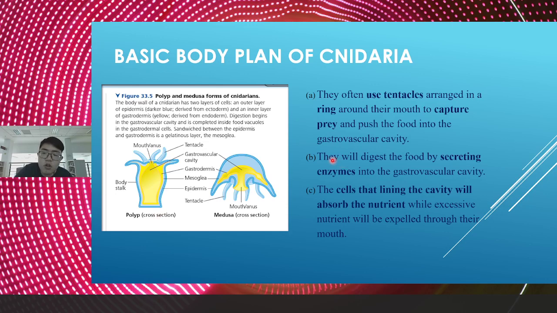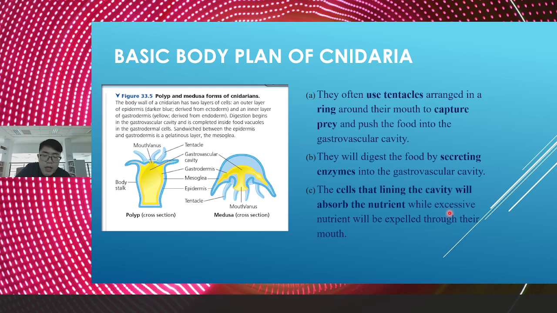Okay. And also they will digest the food by secreting enzyme into the gastrovascular cavity. Okay, so mereka akan secret enzyme also into the gastrovascular cavity so that it increases the rate of digestion. Okay. The cells lining the cavity will absorb the nutrient while excessive nutrient will be expelled through their mouth. Okay, so the cells lining the cavity, yang awak tengok yang surface dia cell dia akan absorb the nutrient, and